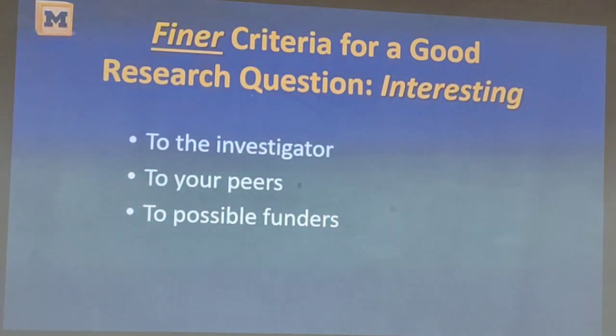Is it interesting? I have a great idea that I think is great. How about everybody else? Do people think it's great? So is a research question interesting to you? Okay, great. But is it interesting to your peers? I usually discuss my ideas with my colleagues. At this stage in my career, if it's interesting to me, it's probably going to be